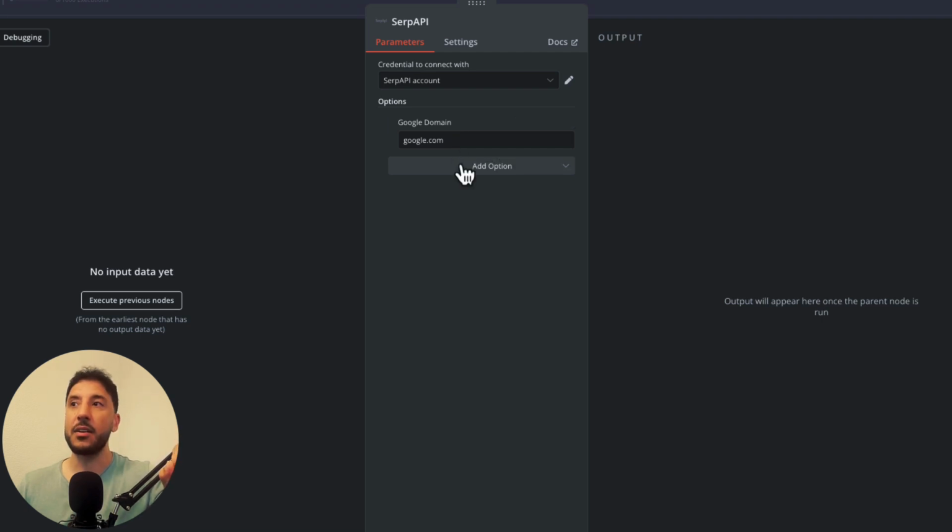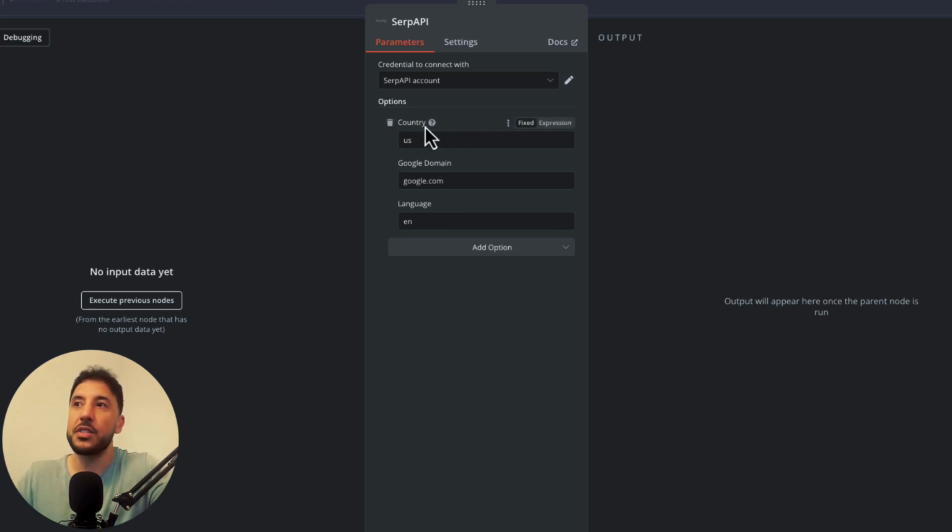And if you want to, for example, have it in the US or just explicitly train it for English, you can add all these parameters that will give you more specific data that you're looking for, right? So this is what makes this AI agent so great, because you can add all these parameters that normally you're not capable of if you're just using things like Perplexity or ChatGPT or Anthropic.